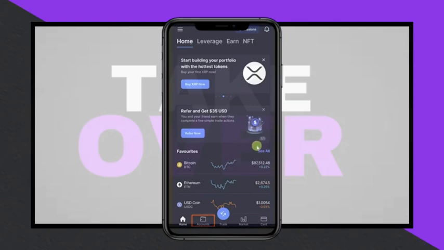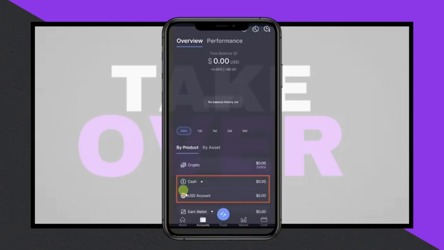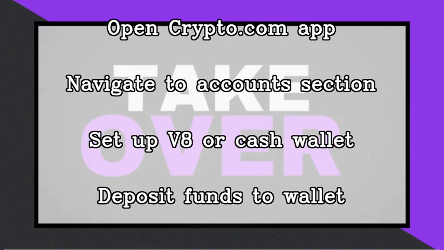To buy meme coins on crypto.com, start by opening the app and navigating to the Accounts section, located at the bottom of the screen. From there, set up either a V8 wallet or a cash wallet, and deposit funds to enable purchases with money